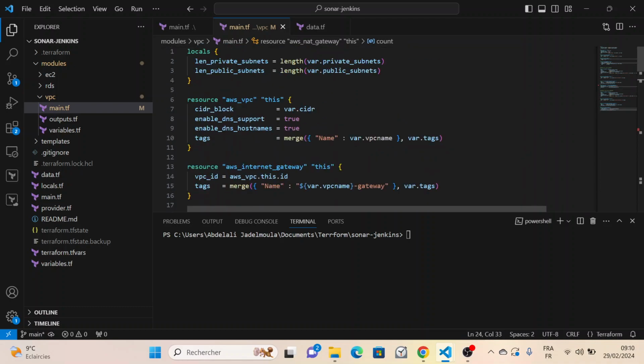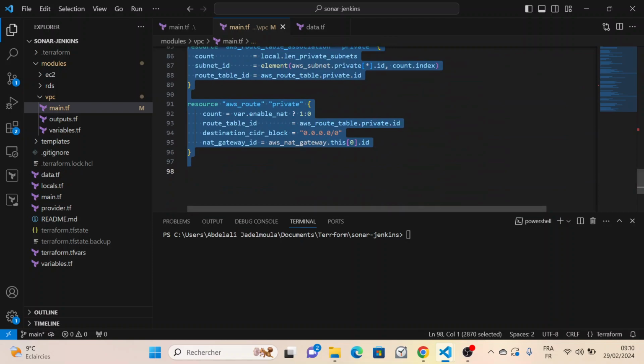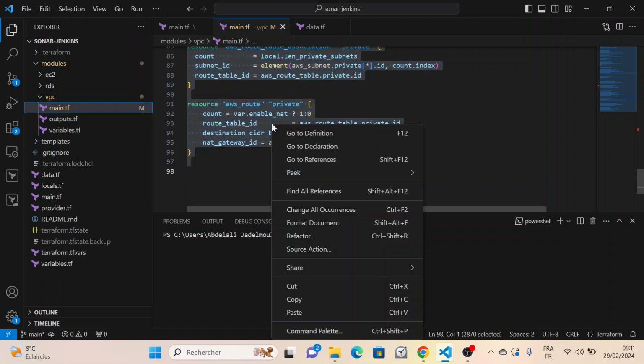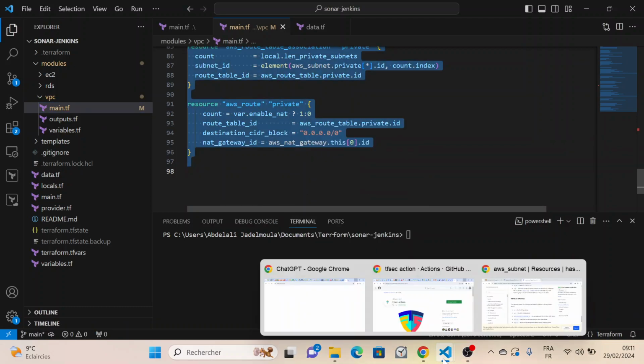So here I have created the infrastructure, or what we call the network infrastructure. So I will just copy this thing instead of doing it manually. It's going to take me too much time, and I don't want to make the video very long for you. What I want you to know is to understand the essential things and the principles, and then you can do this for any resource you want to create through Terraform. So I will copy it here, and